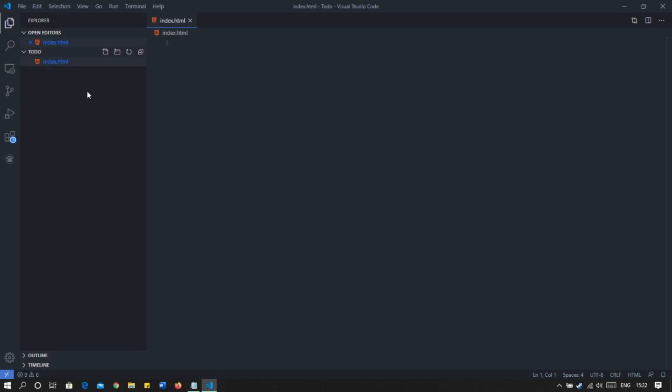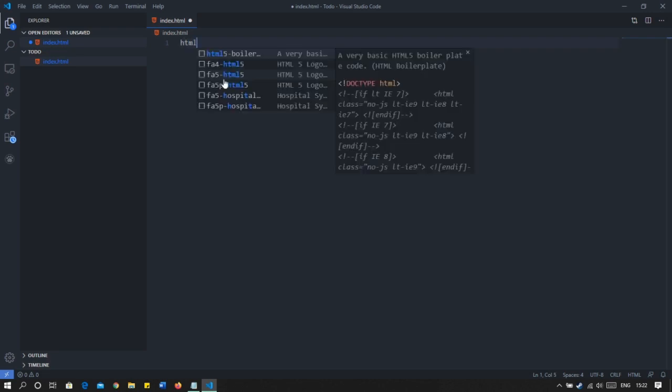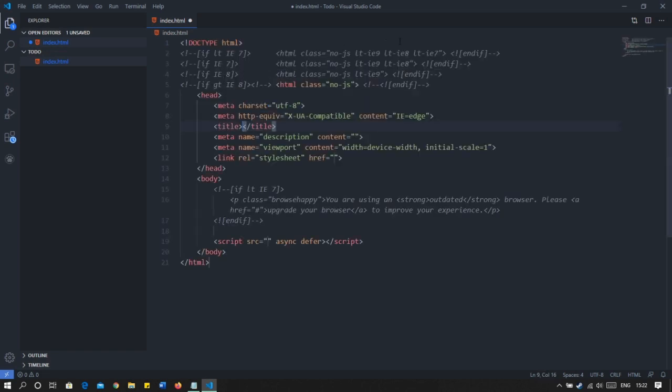So here we generate our code. So generate the HTML boilerplate. So let's first get rid of the stuff that we don't need.